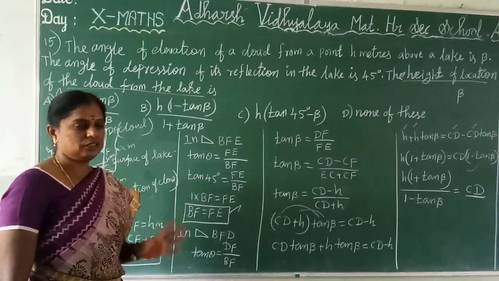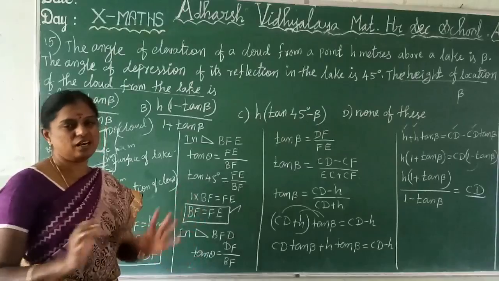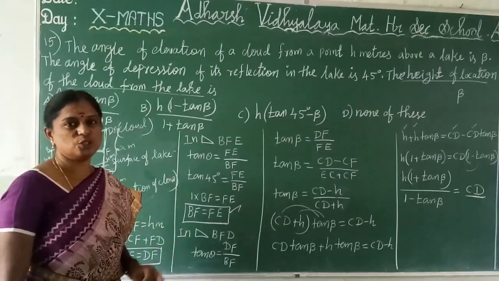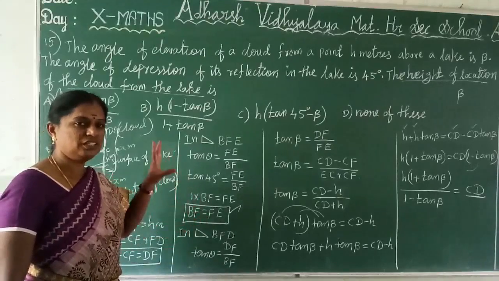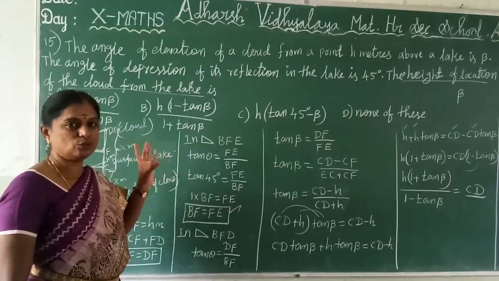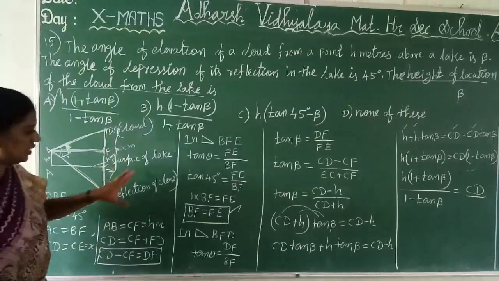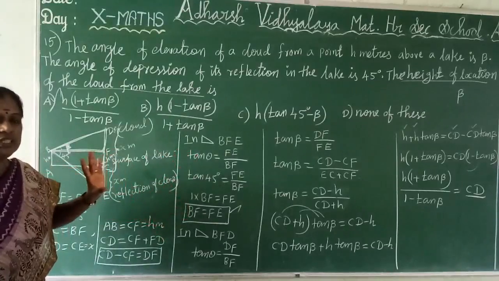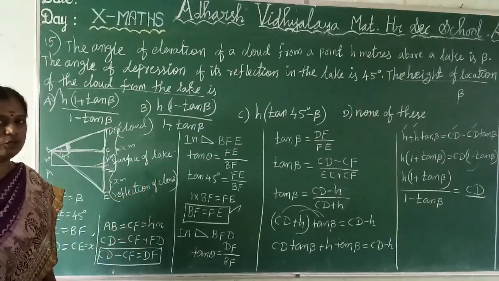The second, third and fourth exercises are angle of elevation and angle of depression, and the next exercise combines angle of elevation and angle of depression. There you apply the sine ratio, cos ratio and tan ratio. In most sums we apply the tan ratio. In this type of question, first read the question carefully and then draw a diagram. After that, write the givens, then select the triangle, and then choose the ratios. Clear? Trigonometry is a very easy chapter. If you are thorough with these things, you can easily get full marks.